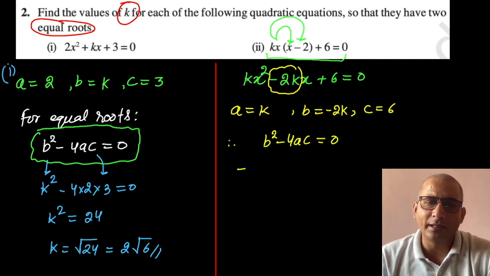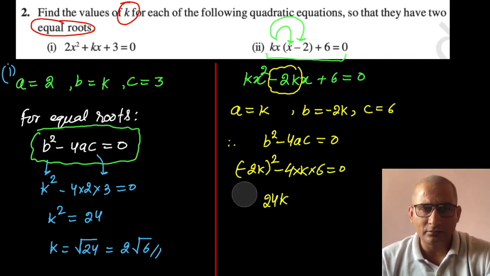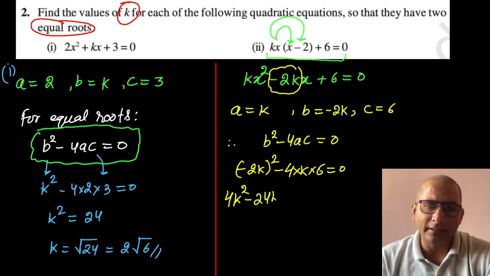Put the value of b square. B is given -2k. B square minus 4 into a into c equal to 0. It can be written as 4k square equal to 4 times 6, that is 24k. Or I can write like this also. It can be written as 4k square minus 24k like this. So if I take 4k common from here, so inside the bracket it is k minus 6,